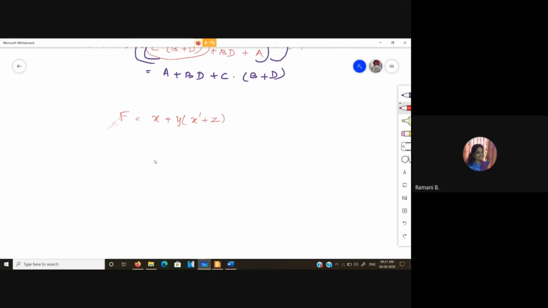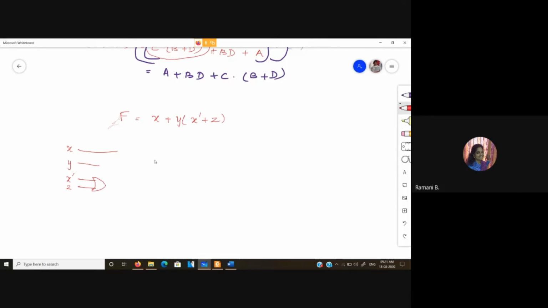I am taking a smaller example over here. So the implementation of this will be the first x, then I have the y. I consider that I have x bar readily available. So x bar plus z. So this is my x bar plus z.